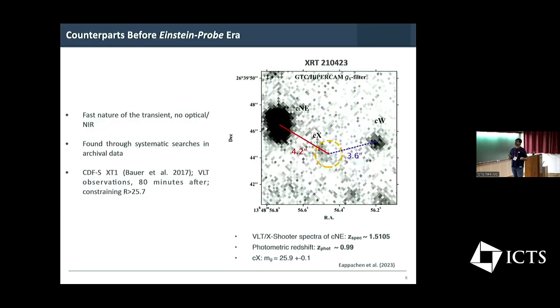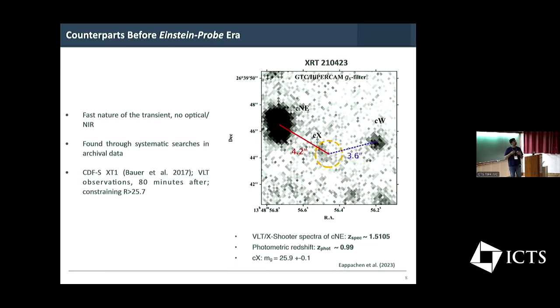And so before the Einstein Probe era, what was the counterpart? As I mentioned, most of the FXTs before Einstein Probe were found through systematic searches in the archival data, so the prompt follow-up was not there. Hence there was a lack of counterparts, except in the case of SN 2008D. And the best case was CDF-S XT1, the Chandra Deep Field South X-ray Transient 1, where there were observations 80 minutes after the FXT itself, constraining a limit of 25.5 in our band. So with the absence of